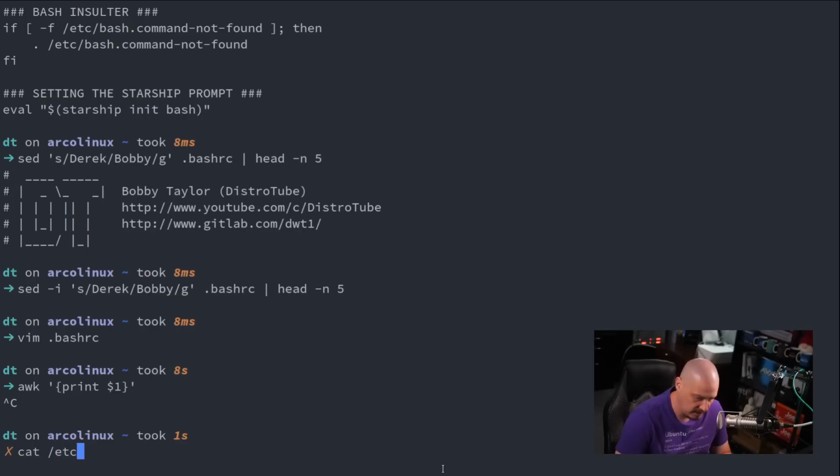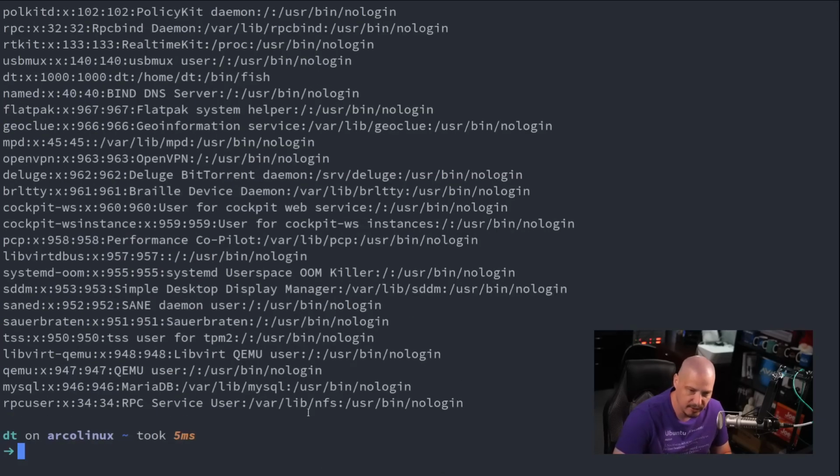So let me show you this in action. If I cat my /etc/passwd file, a standard file on Linux systems. This is a file that contains all of the users on the system and their default shells, their default home directories, yada, yada, yada. And you can see there are colons that separate each of the fields. Well, if I do cat on /etc/passwd and I do awk and then the single quotes, curly braces, print $1,